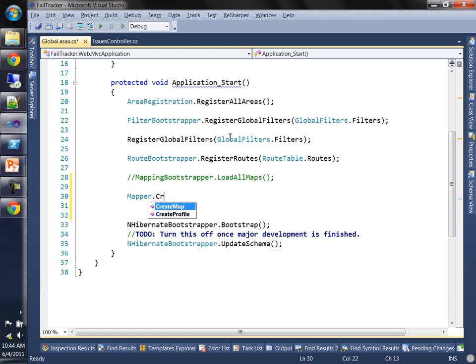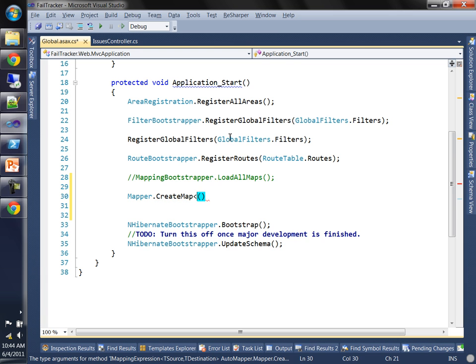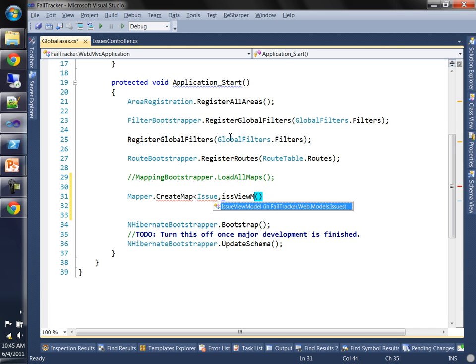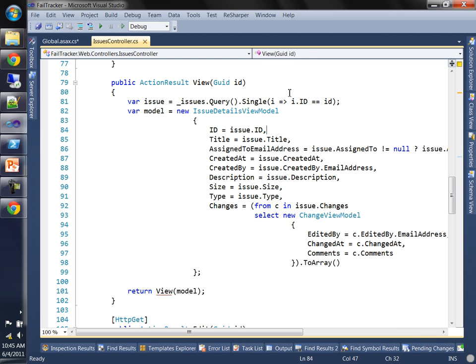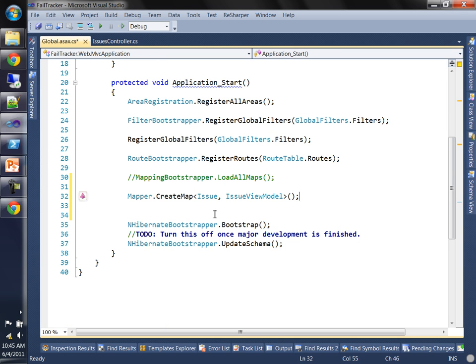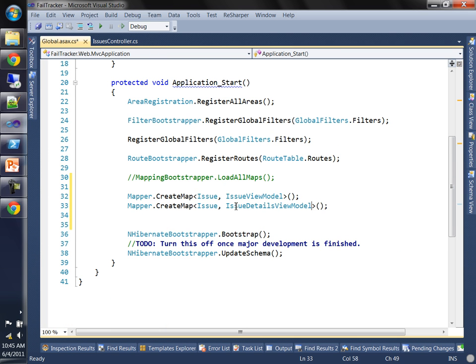So we're going to say create a mapping from an Issue to an IssueViewModel. All right, and go back to our controller real quick. So we have IssueViewModel, and we have IssueDetailsViewModel. We want to be able to map our Issue to both of those. So map Issue to IssueDetailsViewModel. All right, and now what we can do,